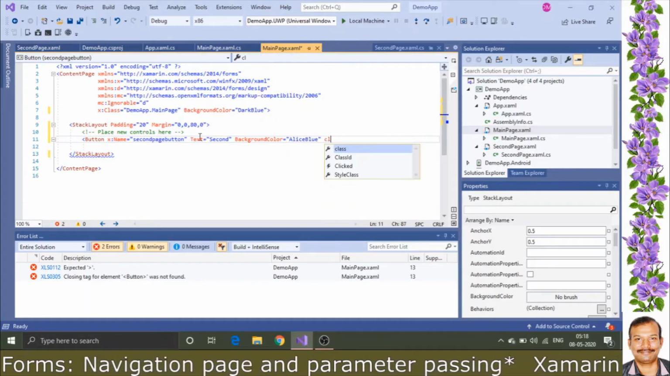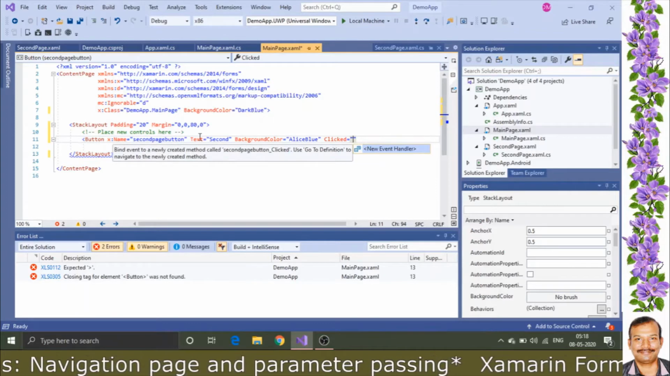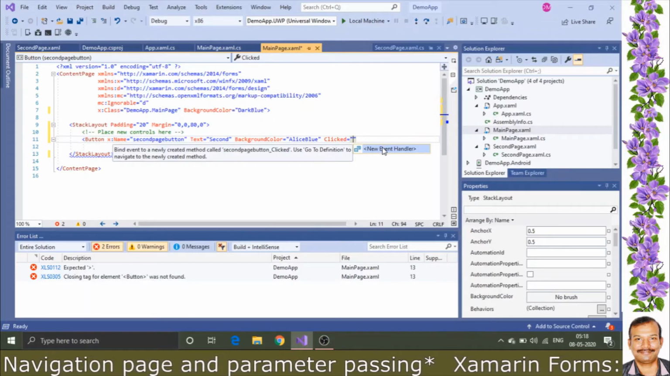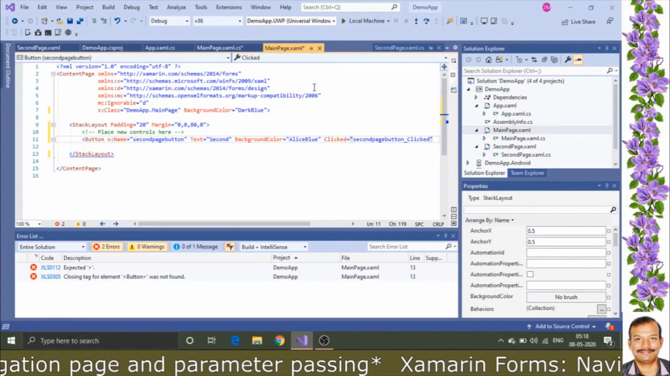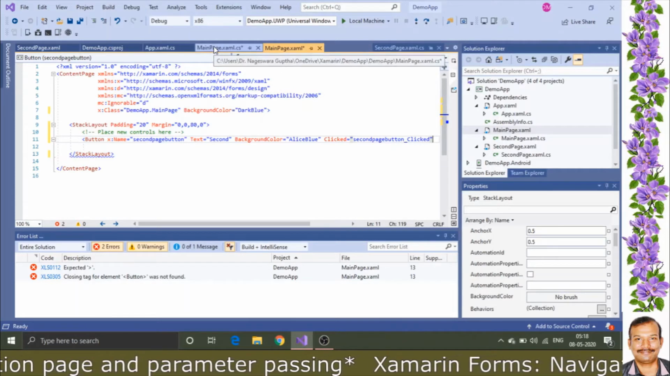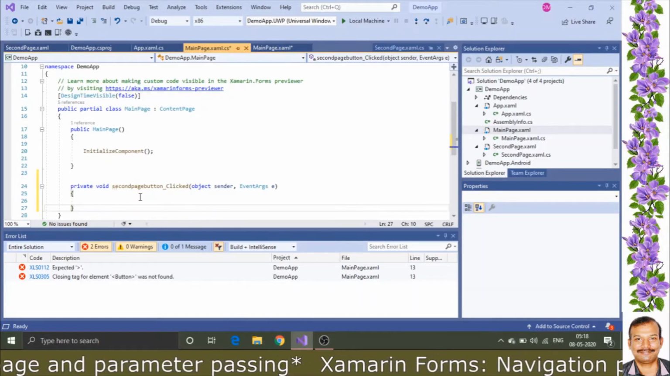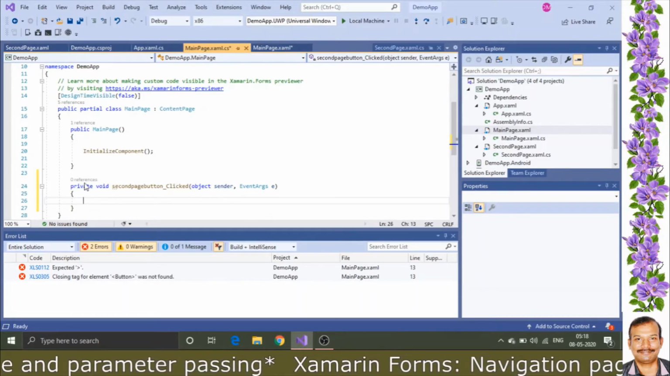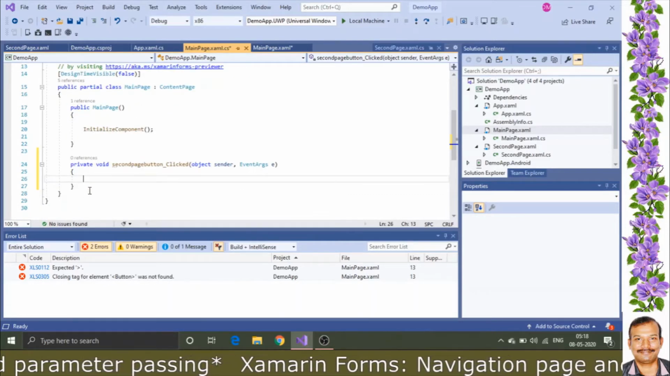Then the click event. Double click, you will get a new handler. Then go to the MainPage.cs file. In this, you can see one function which is created. This is the event handler. Here what we need to give,